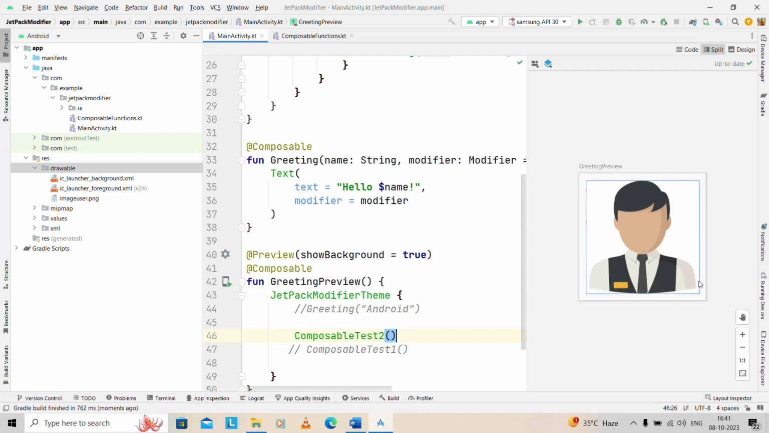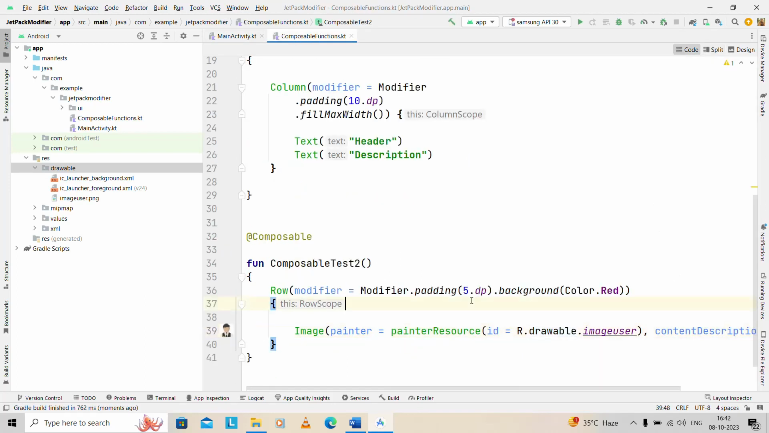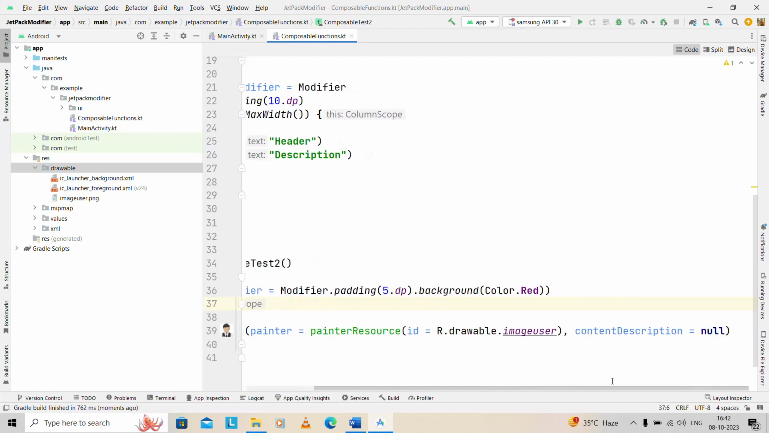Nothing, but we can't see the colors on that. Okay, the simple modifier padding is there, but the background is not there. Okay, so now we go for the image scope, and we can say that here